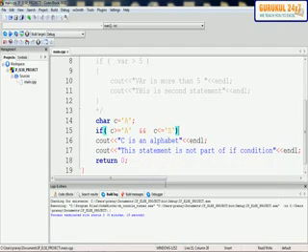So let's say we change this to something else. Let's say we change it to hash. My condition is not going to be true now. So I won't get c is an alphabet. I won't get this statement as my